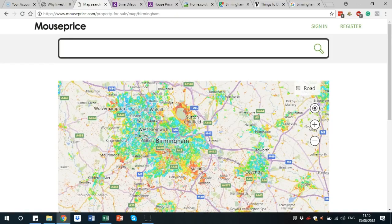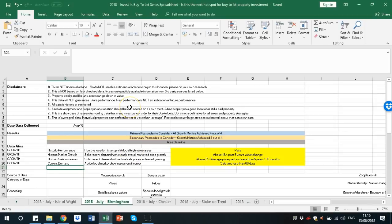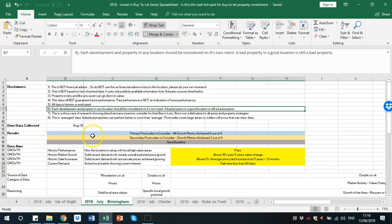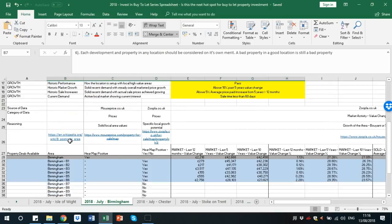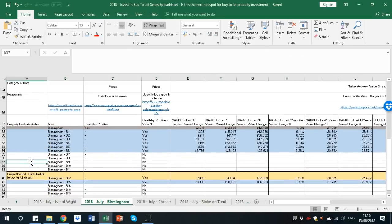But the main reason why we're looking at it is for its buy-to-let potential and to see if it can be considered as a potential buy-to-let hotspot. So the first part of this is looking at things like heat maps. Now we do have a spreadsheet here which we've created that pulls all the information in, the same as we've created for other areas. So if you wanted to get the very quick upshot as to what postcodes are working within the Birmingham area at the moment, I'll go on to the detail of the data shortly, but